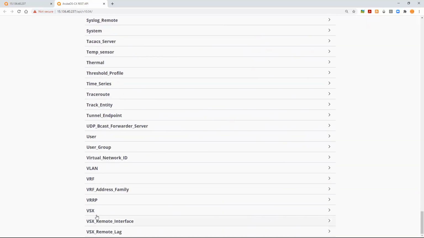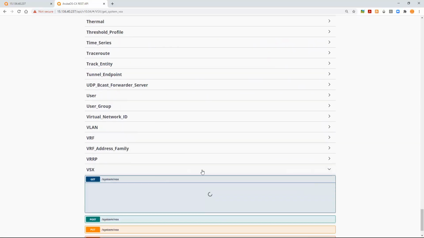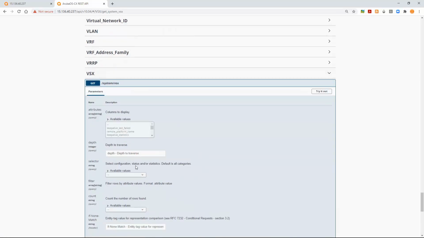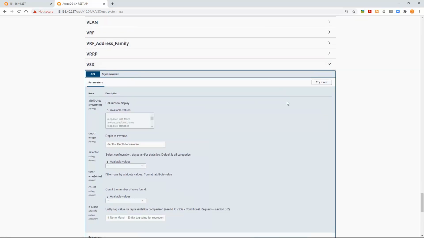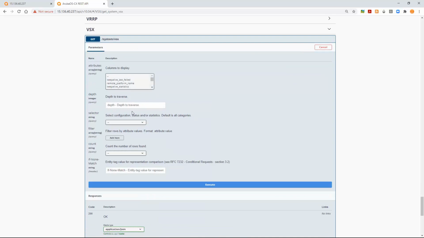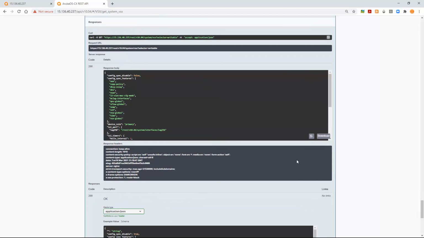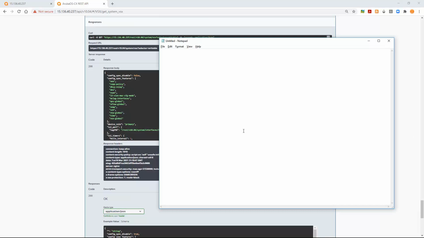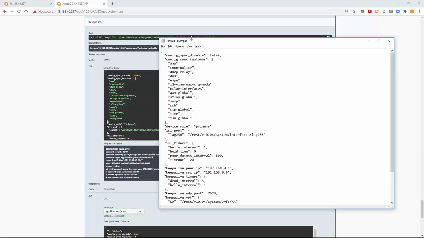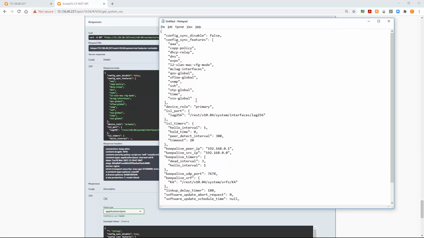So for that, I go to the VS6, I do a get. I can click on try out. Then the selector, I'm going to select writable. I execute, and I will just copy this, and I can put that in this notepad, and I'm going to remove anything that is left as default.